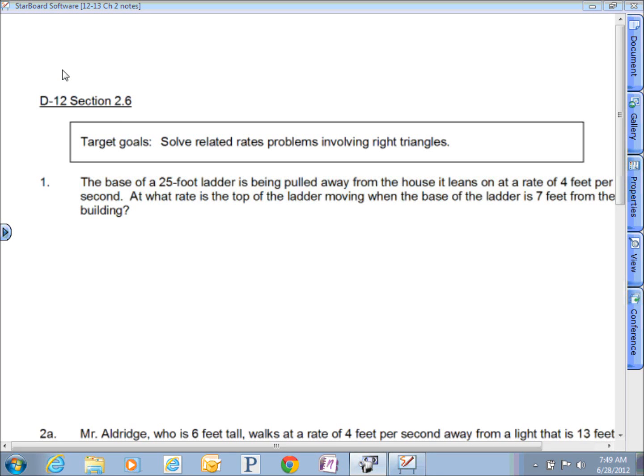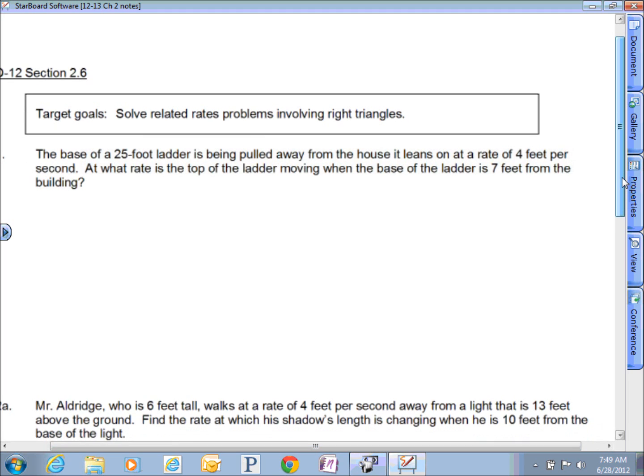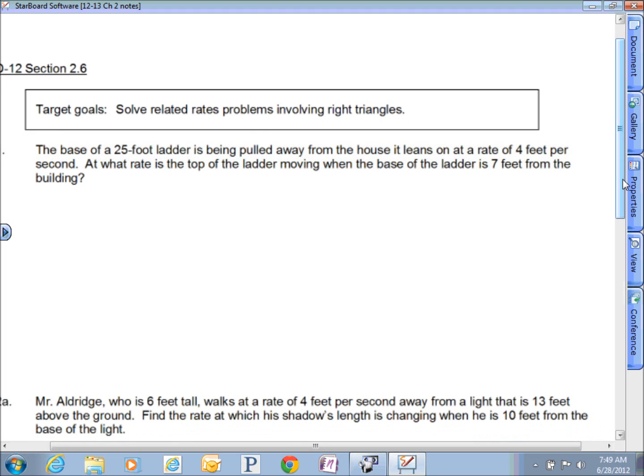Related rates. Now we're involving right triangles, and there's a lot of things that we can run into with right triangles. So, the base of a 25-foot ladder is being pulled away from a house that it leans on at a rate of 4 feet per second. I like pictures. A 25-foot ladder leaning at a house, and it's being pulled away at 4 feet per second. At what rate is the top